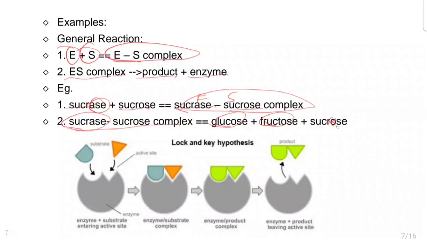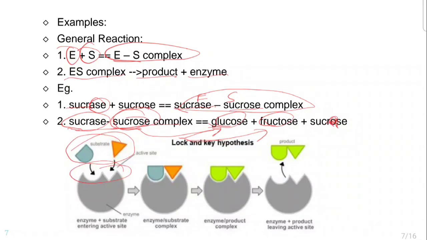This is a typographical error. This is sucrase, this is your enzyme. So your sucrose is now degraded to glucose and fructose. This is the monosaccharide form. This is disaccharide. Okay, so in depiction, for the Lock-and-key hypothesis,